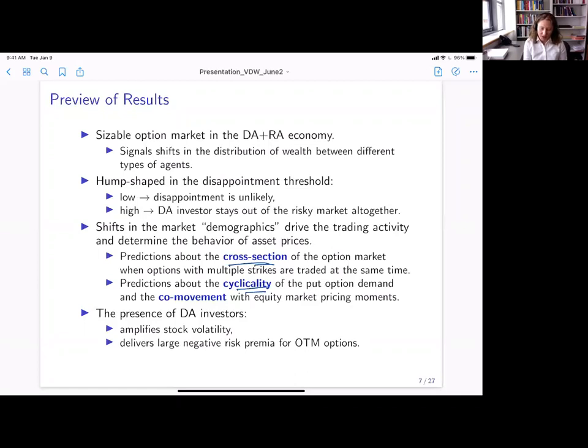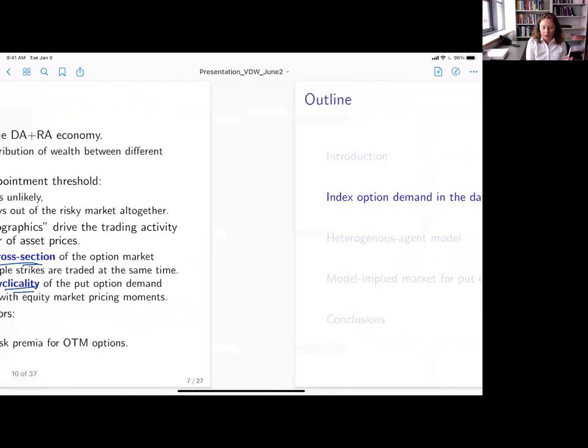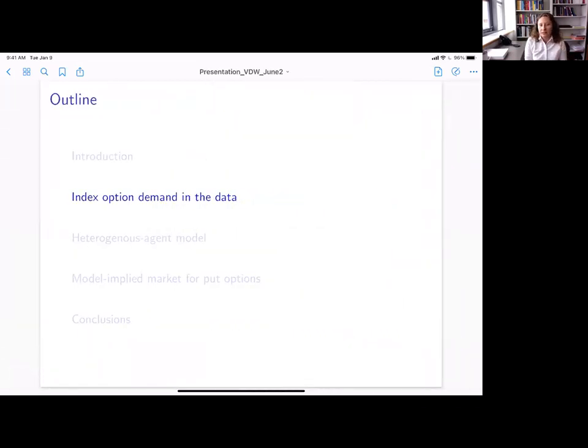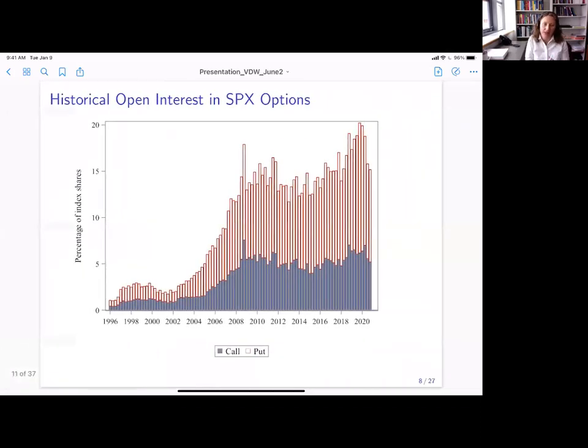Okay, so now I would like to go in and tell you a little bit what we see in the data. I mean, you probably know most of these things. This is just using the most recent data that's available. So our sample period is from 1996 to 2020. And what we look at is gross open interest for SPX options. These are the dominant index option in this class that references the S&P 500. So what I plot here is basically historical data of this open interest in terms of percentage of index share. Each contract provides exposure to 100 units of the index.